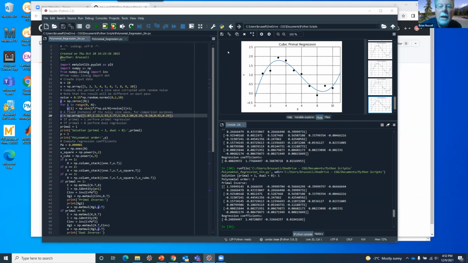Matt says, Brian can't, oh, sorry, let's start at the top here. How is P related to the number of equations? I think the number of equations is determined by n, the number of points. So P is more related to the size of the matrix. And remember it's P plus 1 if you're including a bias weight. You don't have to put the bias weight in if you don't want to, but it gives a better fit. If you think of it as a matrix, n controls the number of rows and P determines